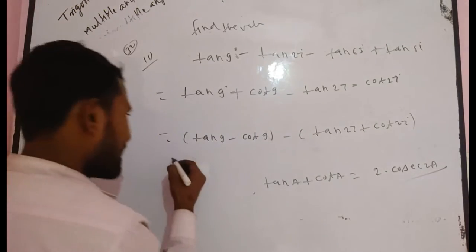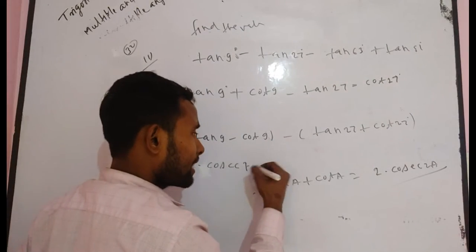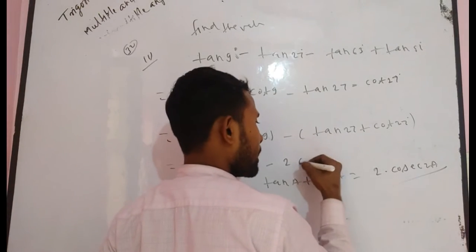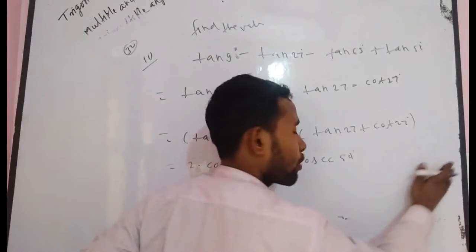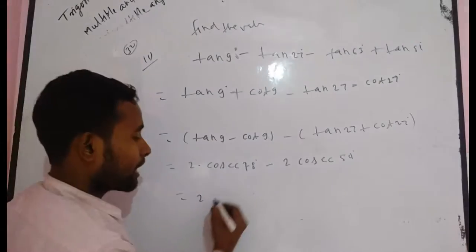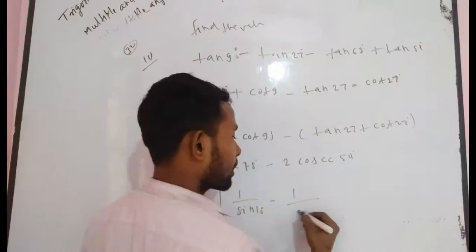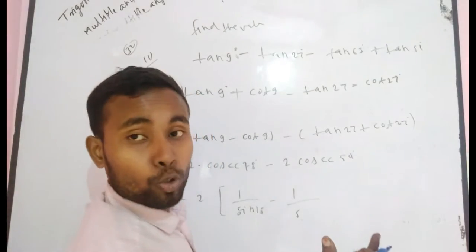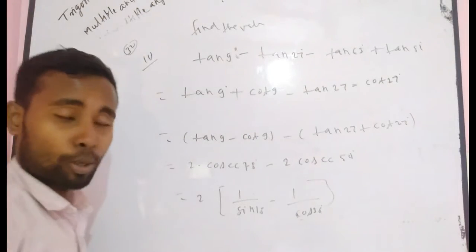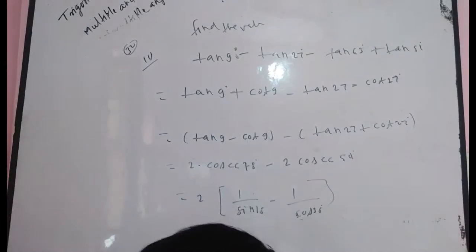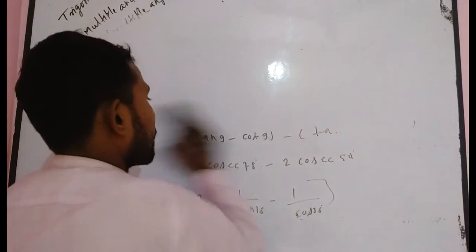Now, can you write directly 2 into cosec 2 into 9, that means 18 degree, minus 2 into cosec 54 degree. I think you understand. Now it becomes very easy for you. If you take 2 common, it will be 1 upon sin 18 degree minus 1 upon sin 54, and sin 54 is equal to cos 36. Now you have to put the value of sin 18 and cos 36 and proceed. Definitely you will get your correct answer. I don't take interest to solve this kind of calculation.